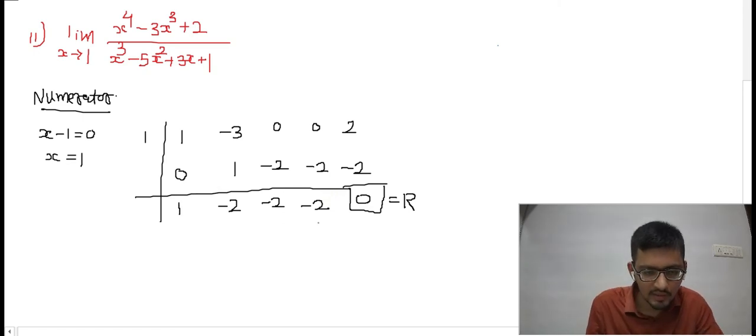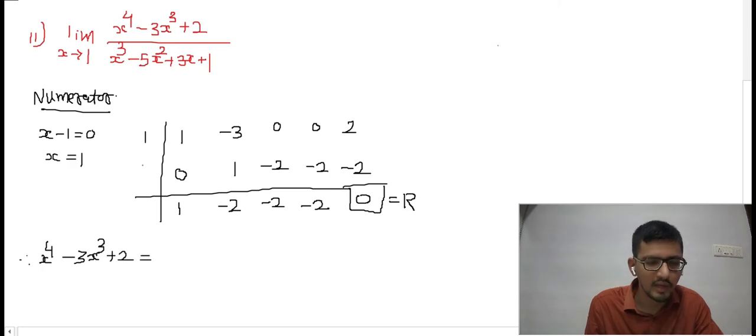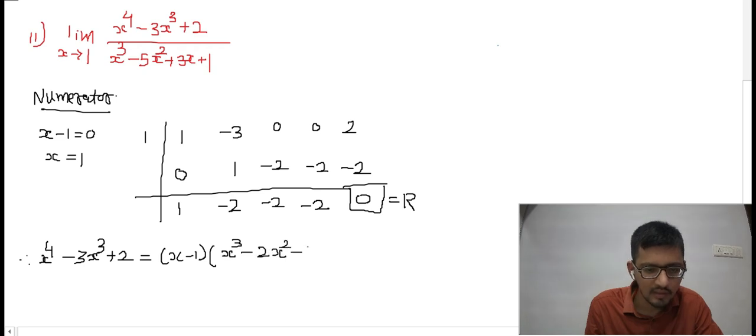Okay, last term, this is constant term, this is x term, this is x square, and this is finally what? X cube. So finally what conclusion? Main polynomial was what? X raised to 4 minus 3x cube plus 2. For that x minus 1 is one factor, so this is x minus 1 you will write. Another, what you will write here, this is constant, x square and x cube, so this is x cube minus 2x square minus 2x minus 2.